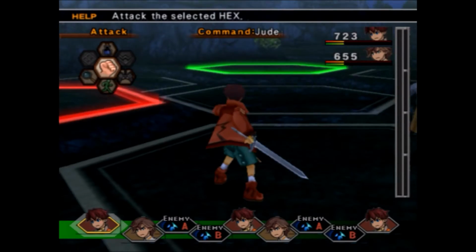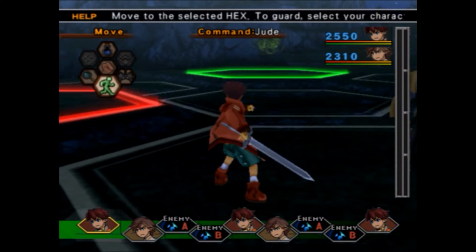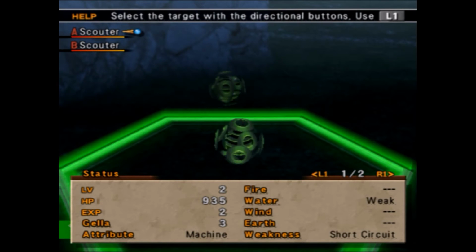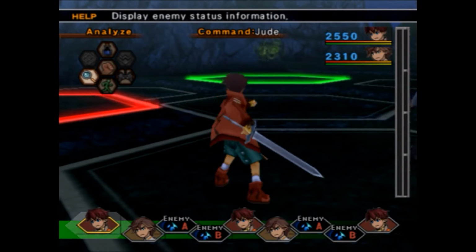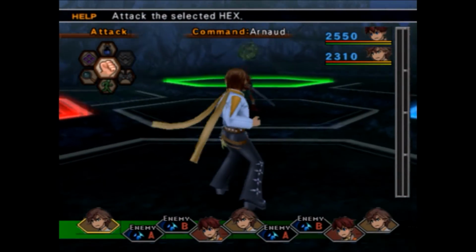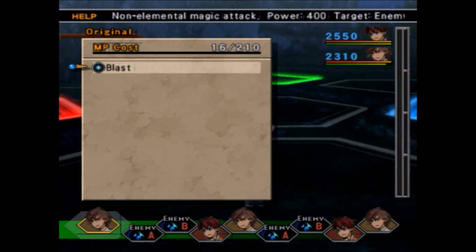Okay, so this is just talking about what you can do, but I'm going to show you. So we have these enemies over here called Scouters. And let's see, we can look at what they do by analyzing them, and it gives you the HP, the level, how much experience and Gela they drop, and if they're weak to anything. And apparently they're weak to water. But I'm going to go ahead and move Jude over here, and let's see if I can blast them. His blast ability,